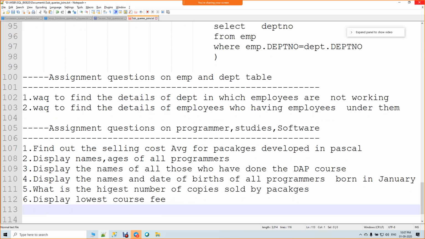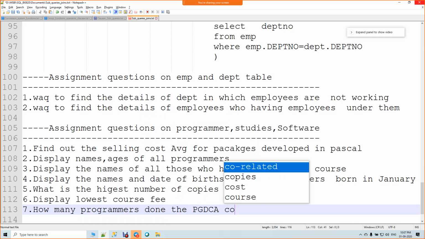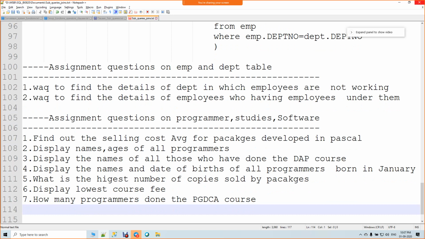How many programmers? How many programs done by PGDC?